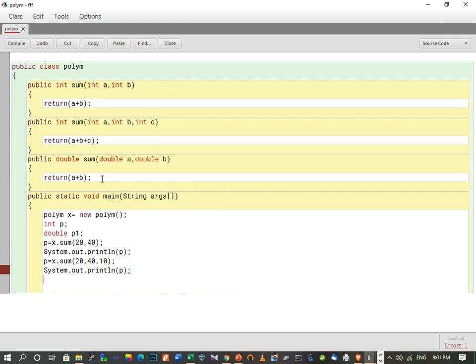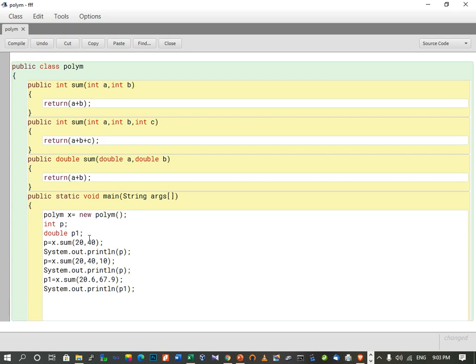Now for the double method, we take p1 equal to x dot sum, and inside this we provide some double values, and then the print statement. So here we have called all three methods with different arguments.